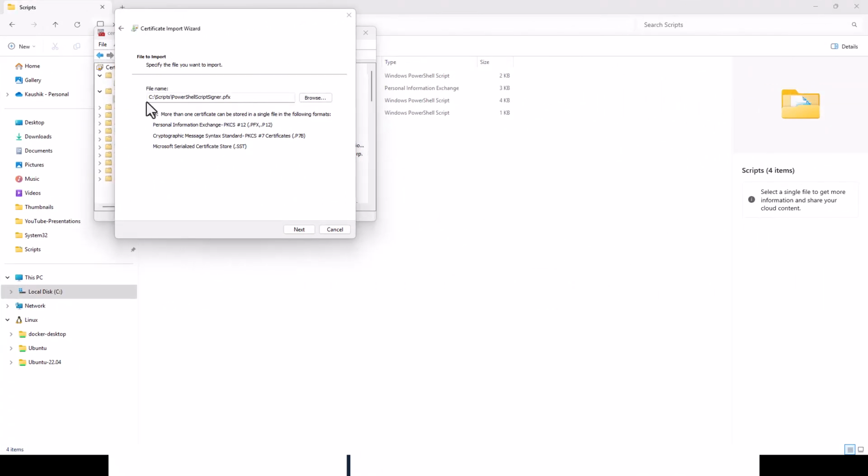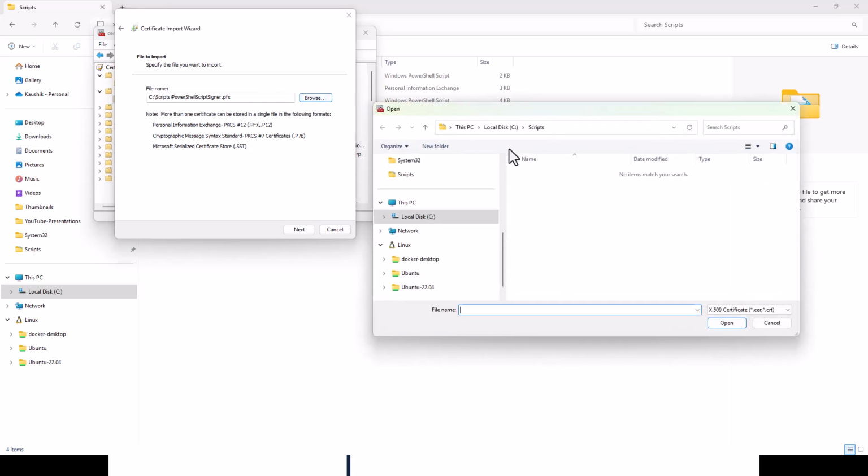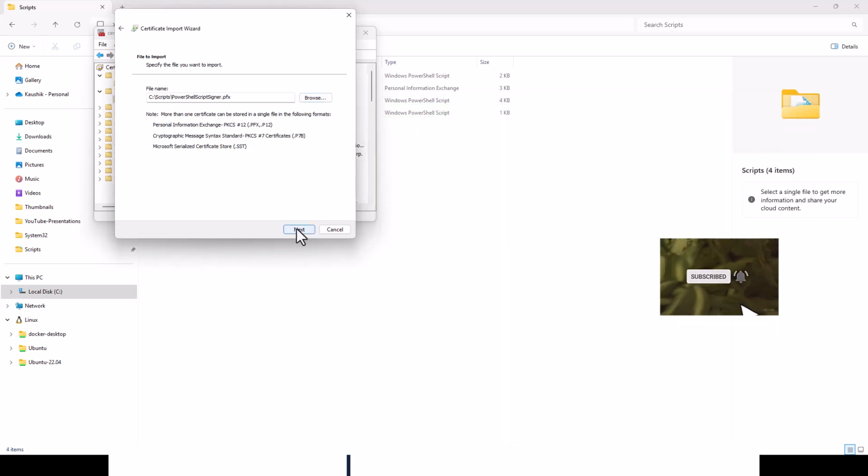So this is my correct directory within the root of the script directory, which was actually created by the previous PowerShell script, and I have browsed to this one. So it was created over here, C scripts. Okay. So all files, this was created earlier. So this was created at that time, and I have browsed to that, cancel, and then click on next,